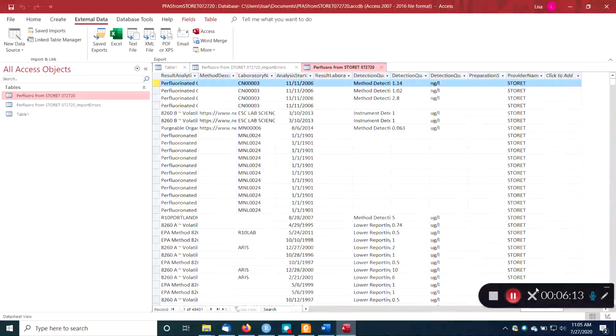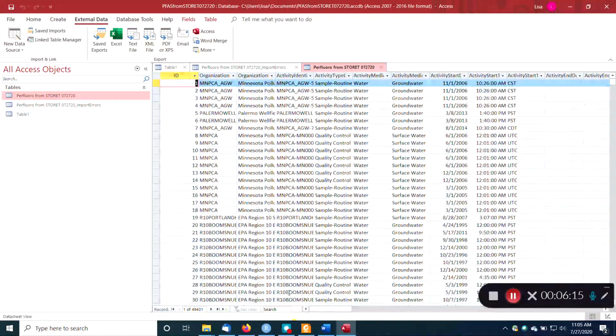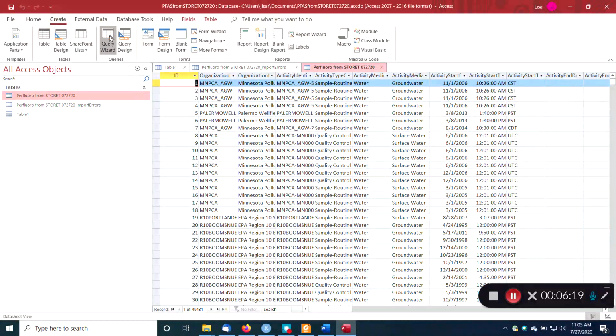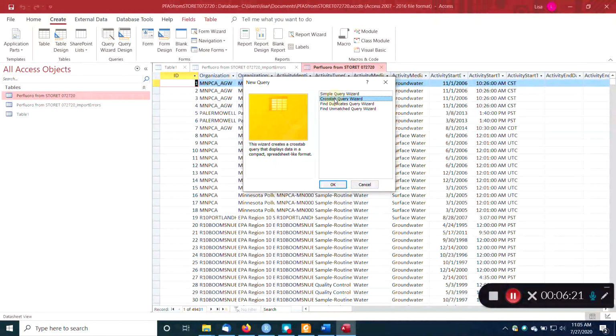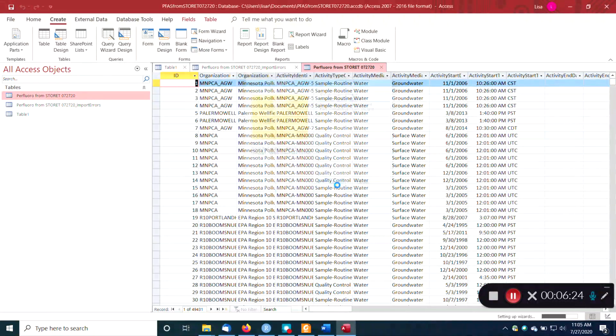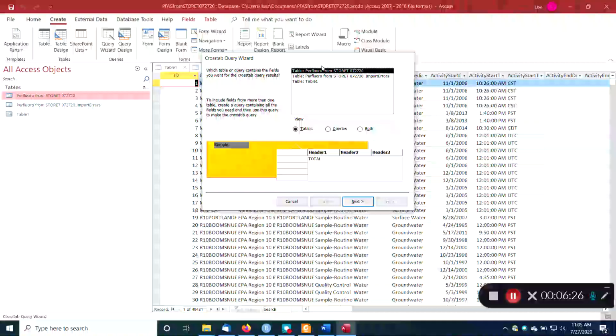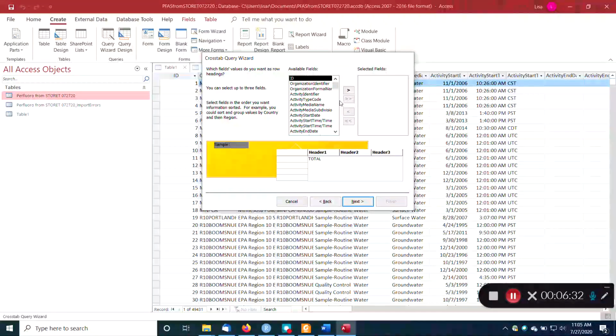And maybe now what I would like to do is do a crosstab query. So I could use my query wizard to make a crosstab query. And this is the data I'm going to select from, perfluoro from Storet. And maybe I want my, let's see, what do I want? My activity identifier. So this is always the tough part, right? Deciding which, you want some sort of,